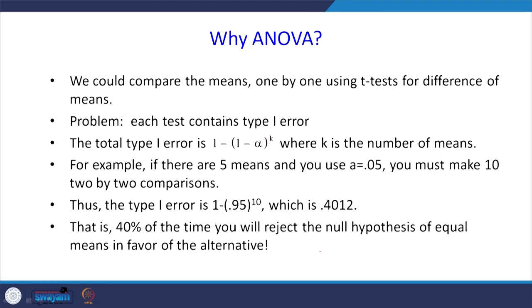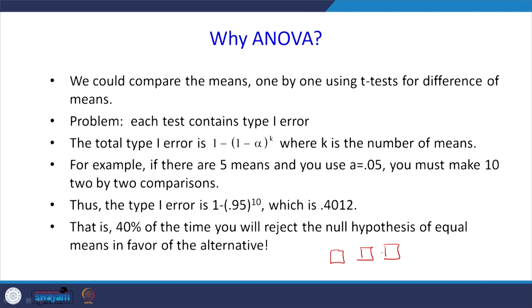Next topic is ANOVA. Why is ANOVA required? So far we have seen the 2 sample Z test and the 2 sample T test, whenever there is a requirement for comparing more than 2 populations. So far, first we have done 1 population, next we have compared 2 populations. If you want to compare more than 2 populations, you should go for ANOVA.